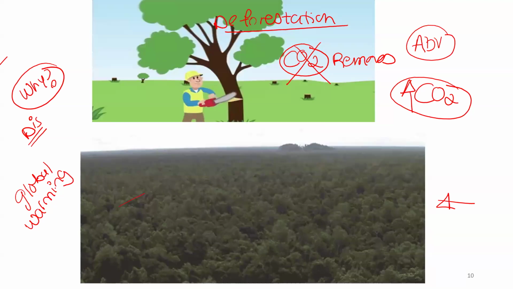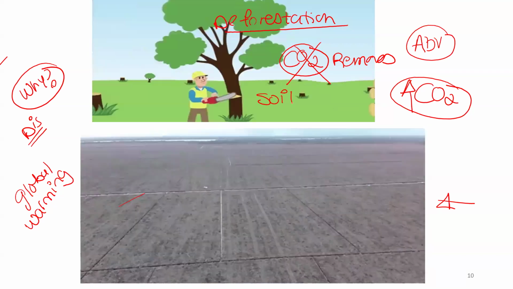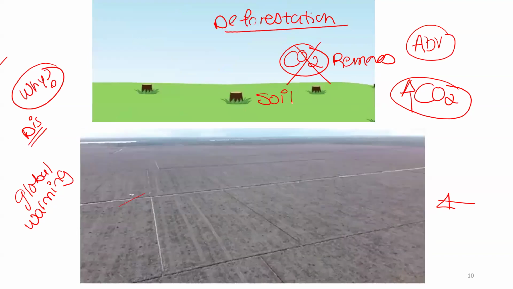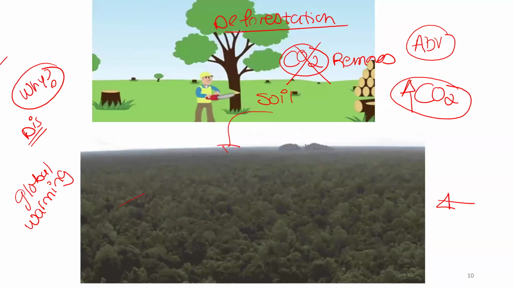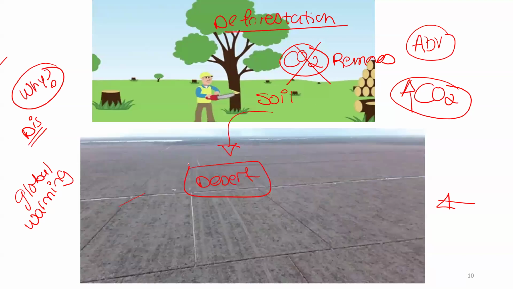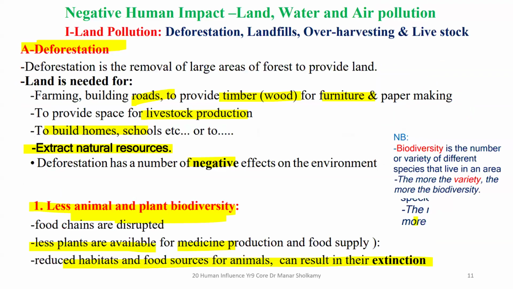We will destroy our land because this is now fertile land. We have fertile soil here. And when we cut down the trees, the roots were holding the soil in place. We have no roots and the soil will be washed away by the rain. And this is going to change our fertile soil into a desert. So we had soil and we had very fertile land, and we changed this fertile land into a desert. And this is called desertification. We created our own desert. Of course, this is a horrible disadvantage. So many disadvantages from deforestation. Let's read it together.